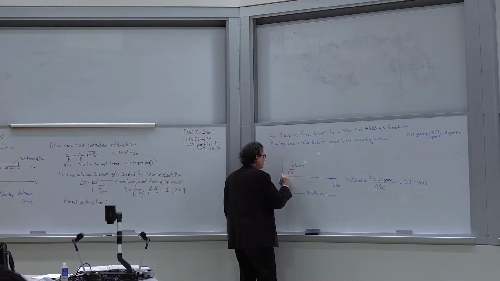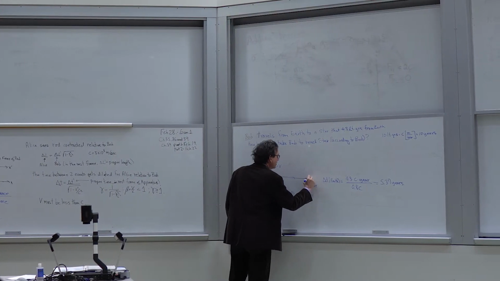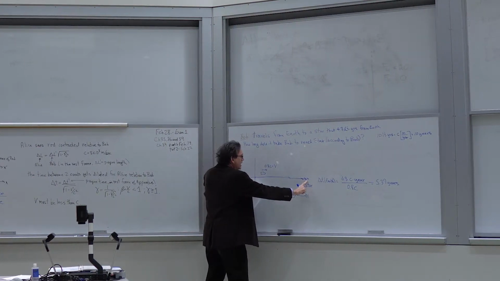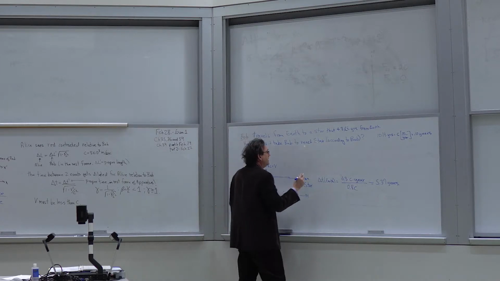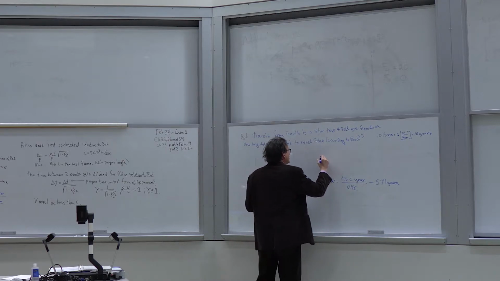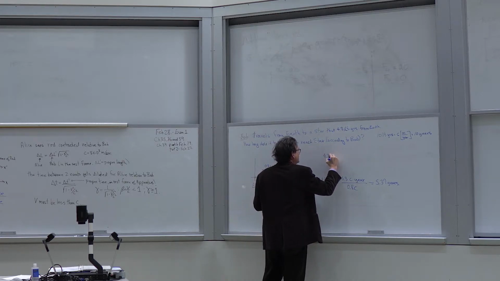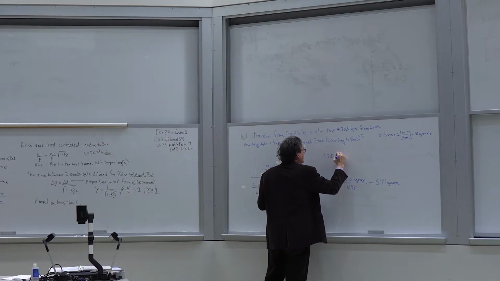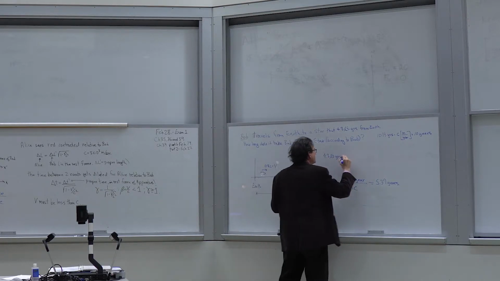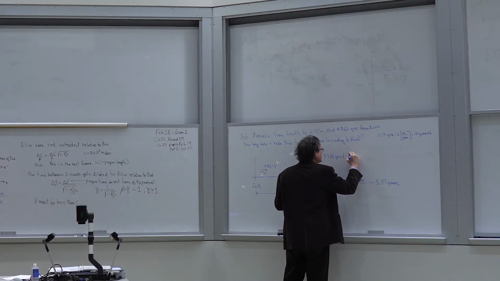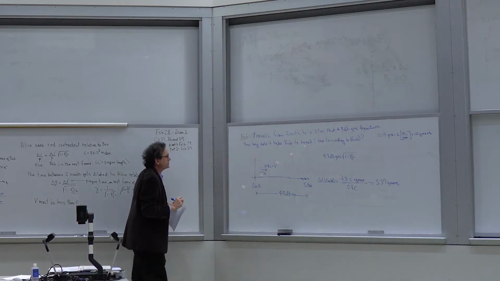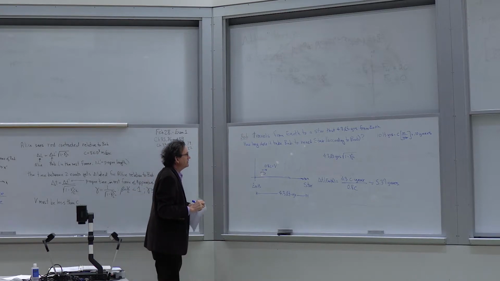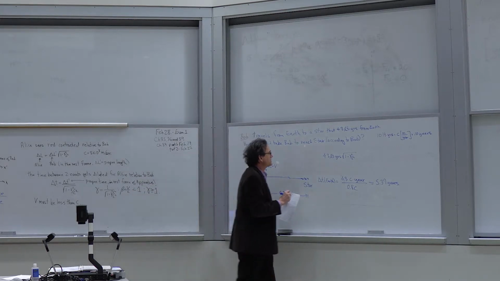there's a rod going from Earth out to the star, then he sees this distance being contracted. Okay? So Bob is going to say that the distance to the star is equal to 4.3 light years times the square root of 1 minus v squared over c squared. And since v is equal to 0.8, I do the math on this, and this becomes